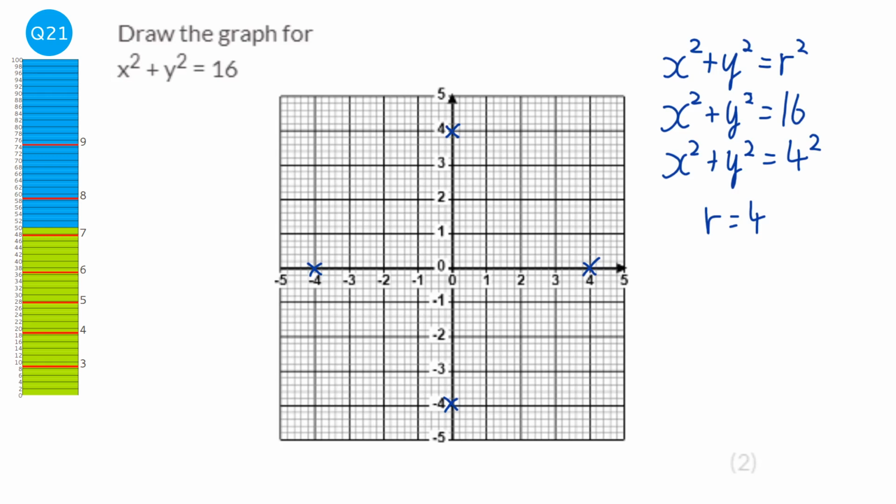I'm going to try my best. I don't have a compass that works with this graphics tablet, but I'm going to try and draw somewhat of a circle. There we are. That's probably the best circle I'm going to draw. So what you do is you just get a compass and put the point at 0, and then you would measure out 4 units. So measure it between the 0 and the 4,